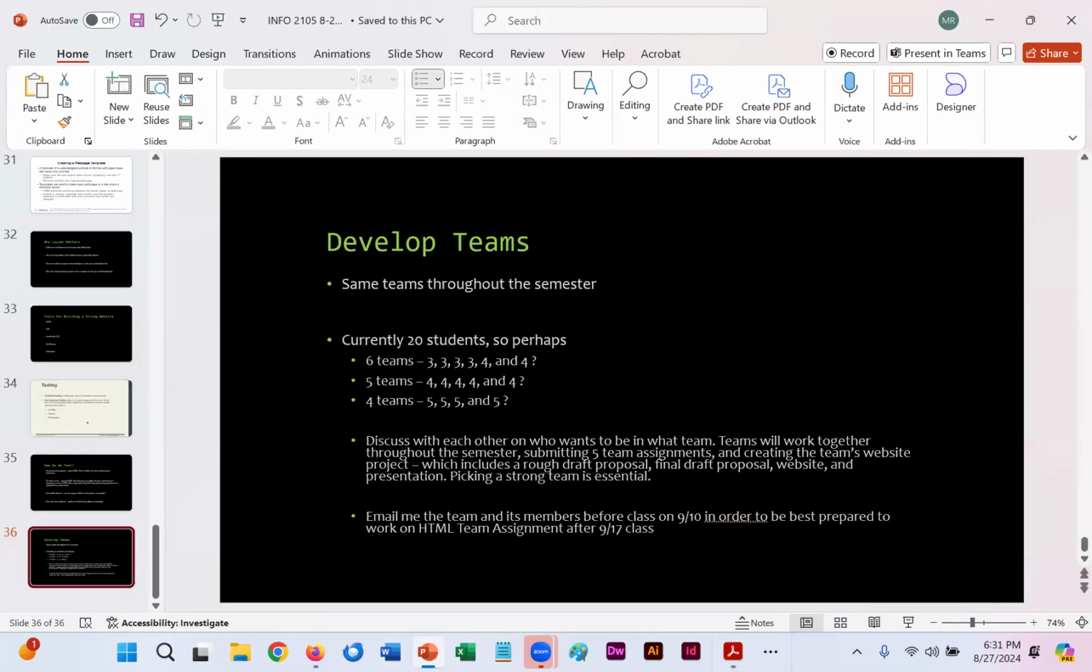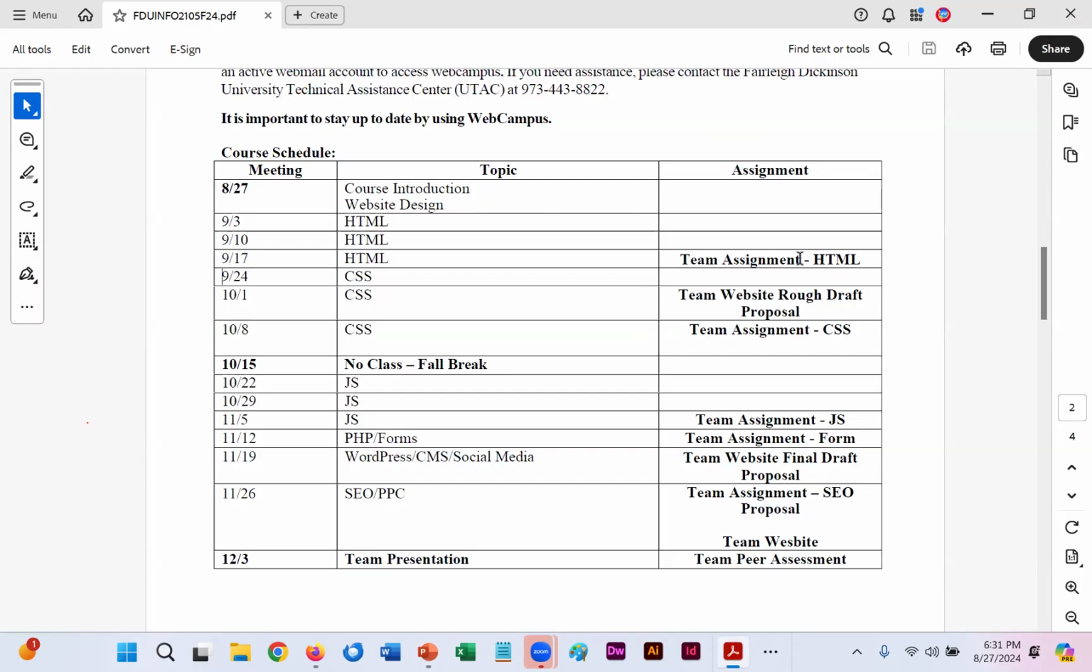Like I said, you're free to use the classroom. I think it's University Hall 28, it's set up in order to work together with your teammates. Ideally, I want to have you set up before the 9/17 class, because after that class, you're going to be working on the